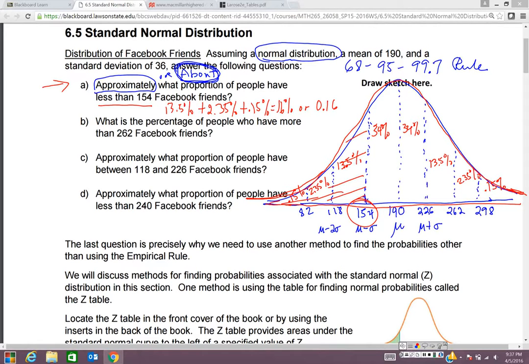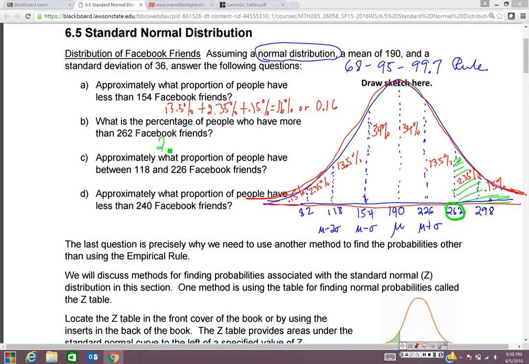Now, let's go on to B. Alright, so B is, what is the percentage of people who have more than 262 Facebook friends? Again, we're right here on this X value, 262, more than. So more than will be to the right of this, so that will be comprised of everything to the right of 262,